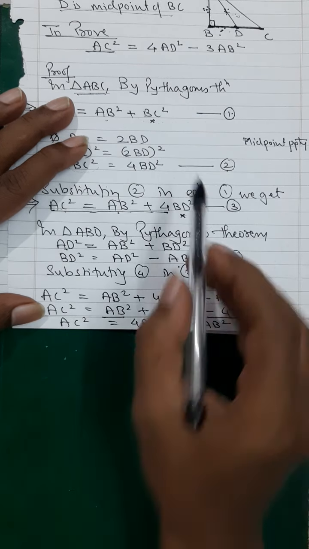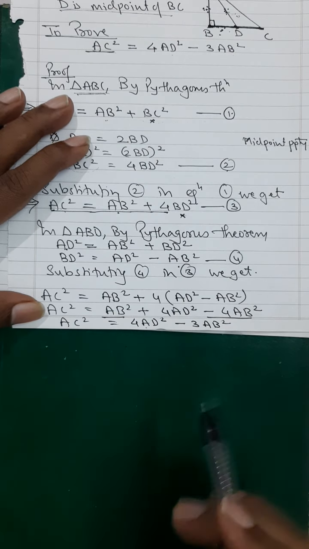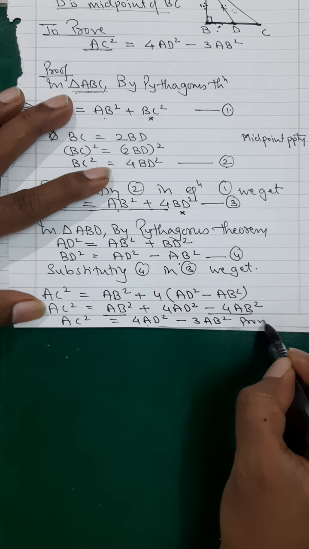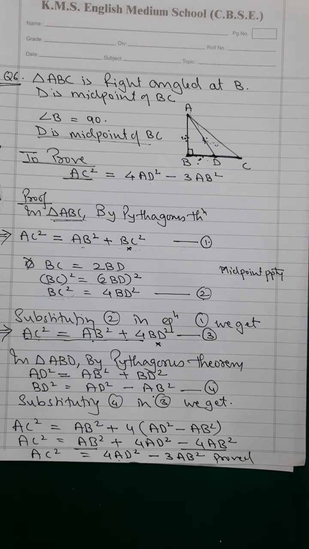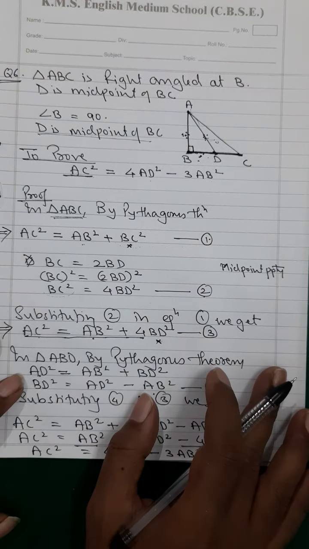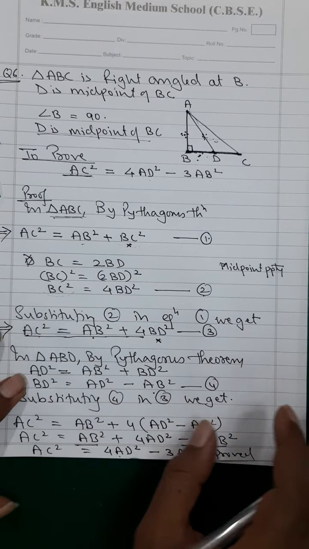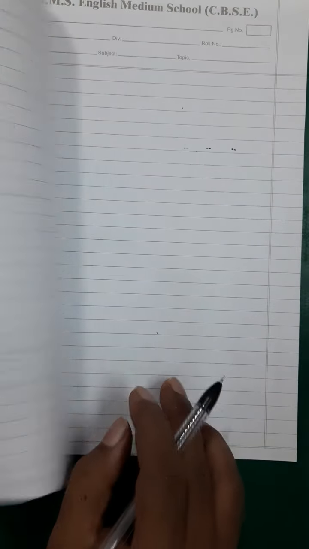Now these are all AD square, AB square, right? And everything has come right. See my dear students, with this technique if you go on solving, 100% of the 2 mark questions you will be able to solve. Even for 3 mark questions, more than 90% of questions will be solved by this method. Okay my dear students, so try to master this method.